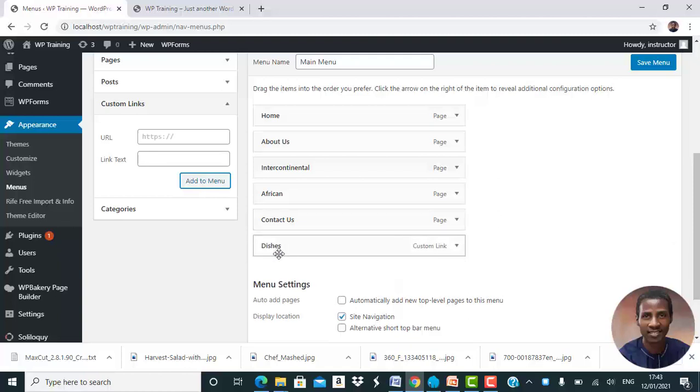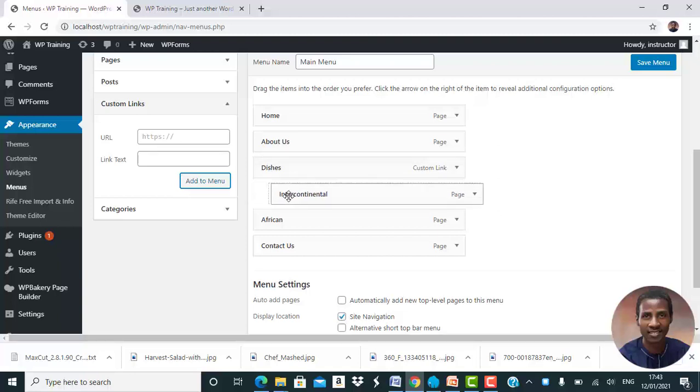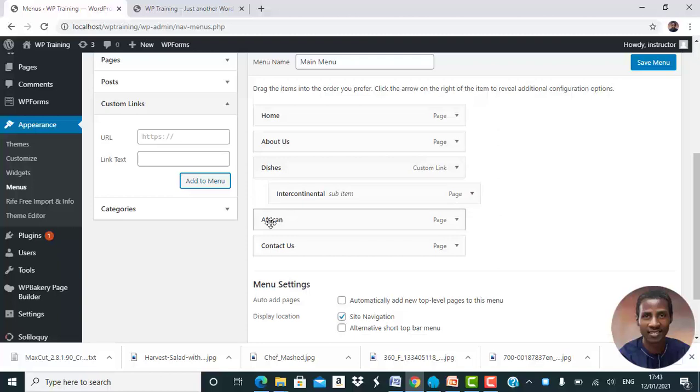So we have dishes here. We can drag it up. So after about us, we want dishes. So we have dishes here, right? So these intercontinental and African, to now make them drop down menus, sub menus of dishes, we just hold and slide slightly to the right until it shifts like this and drop it. The same thing with this African, we hold, drag to the right until it shifts and leave it. So you see dishes is the menu, then the sub menu under them is intercontinental and African. So let's save